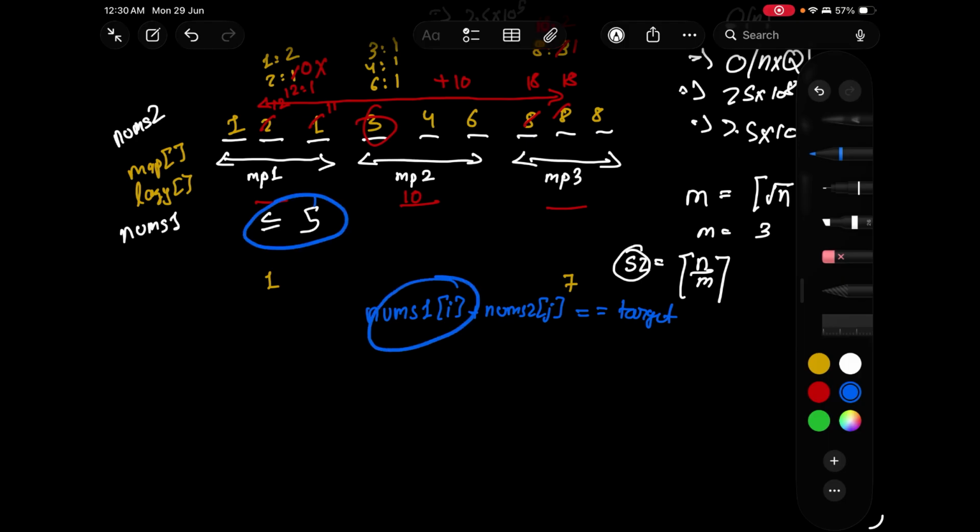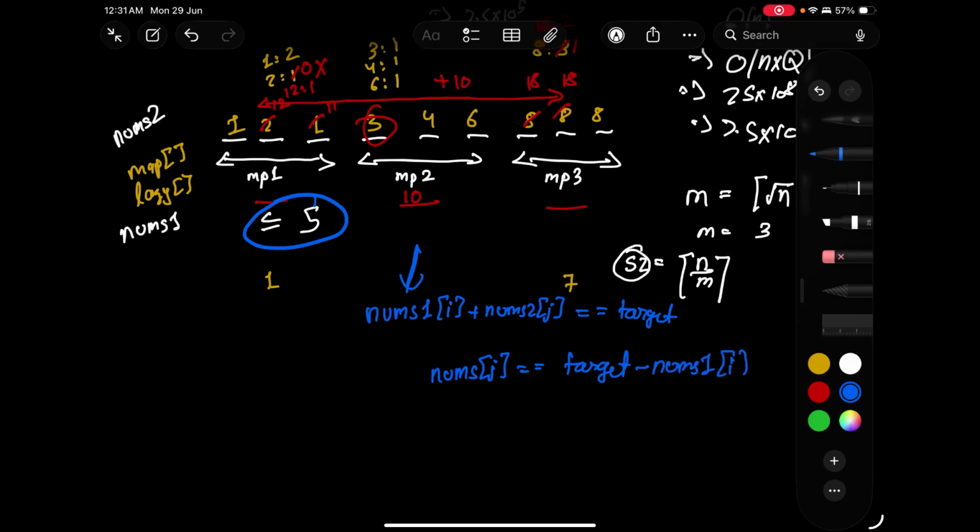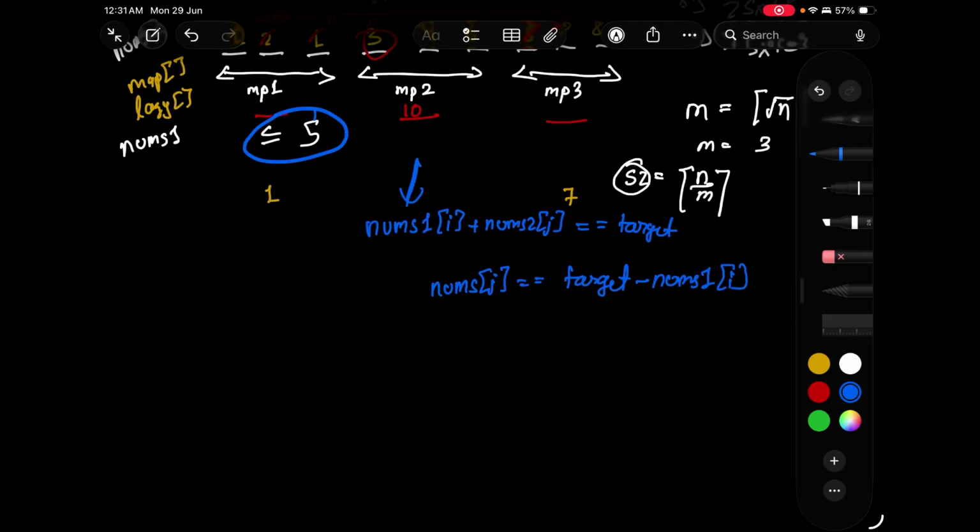So we can iterate on all the values of nums1. We're iterating on all the values of nums1, so nums1 is fixed. Cool. So now nums j is equal to target minus nums1 of i, right? Okay, but